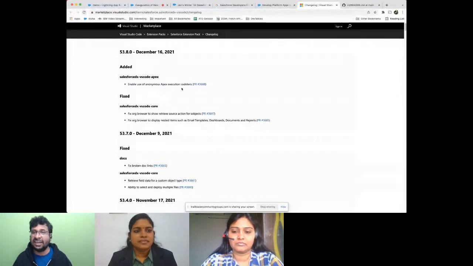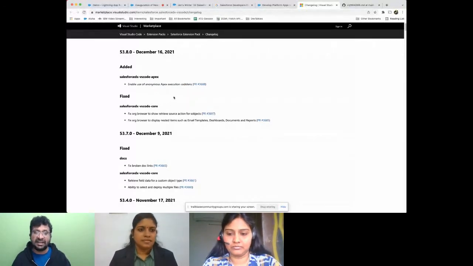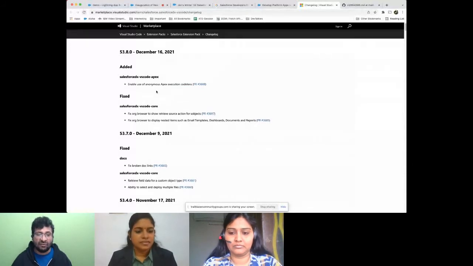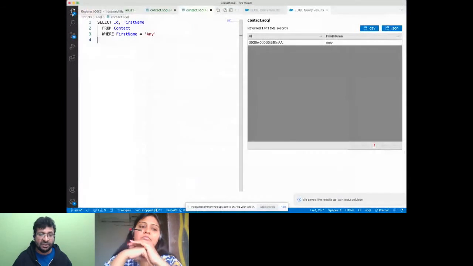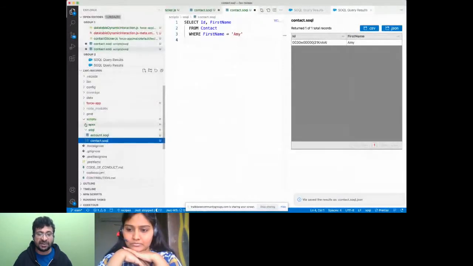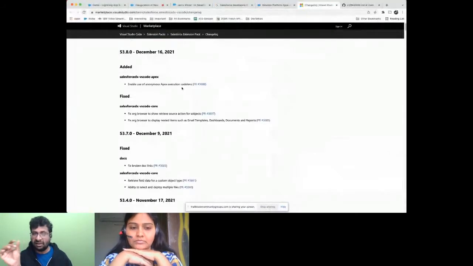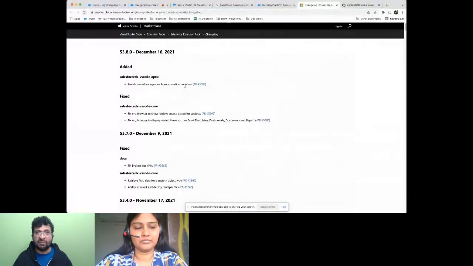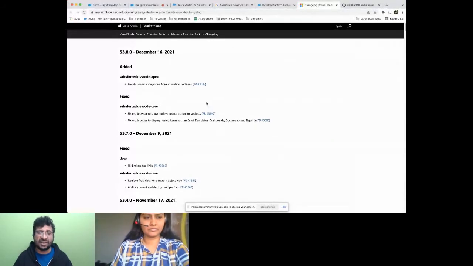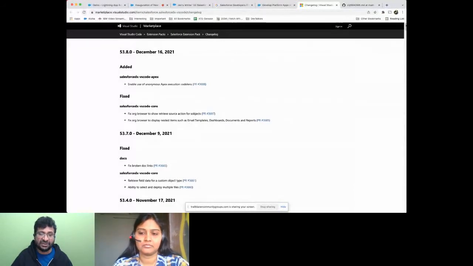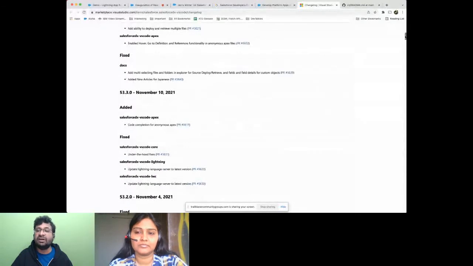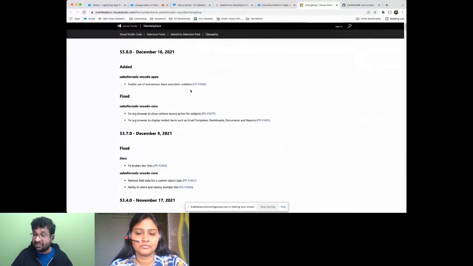So basically, when you are writing Apex code as anonymous Apex, in a .apex file, like if you see here, I can write my anonymous Apex in this scripts/apex folder, just like hello.apex. It is going to show a code lens, a small feature above your method call, from where you can just select the text and run it. You need not really run it from the command palette. Likewise, you can see some of the features that are added and some that are fixed, both for your Visual Studio Code as well as for the CLI. You can also see the CLI here.